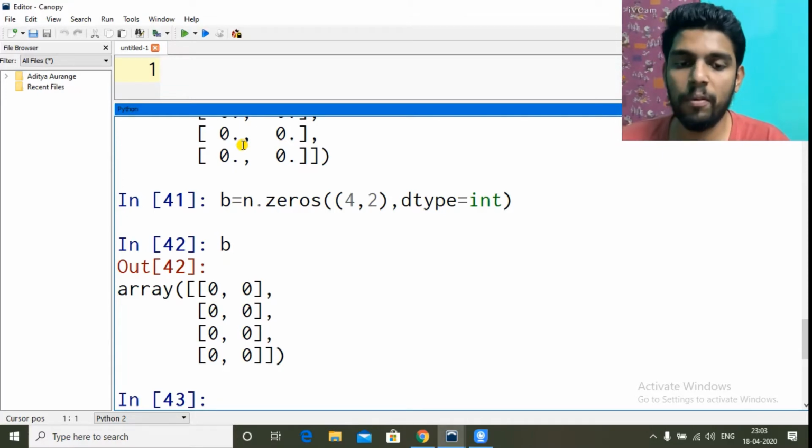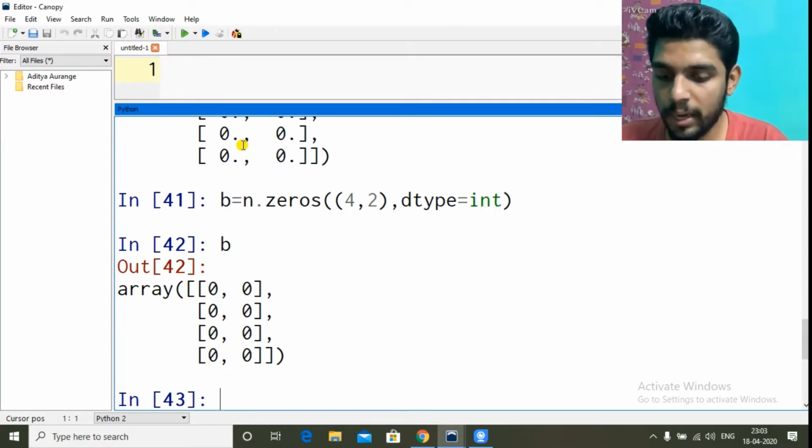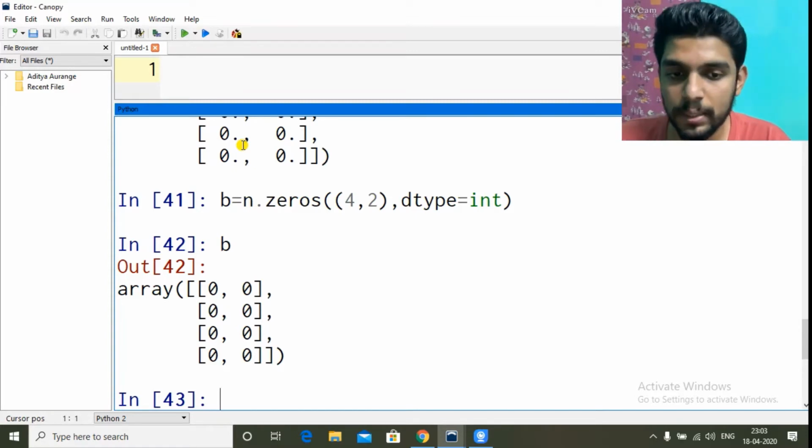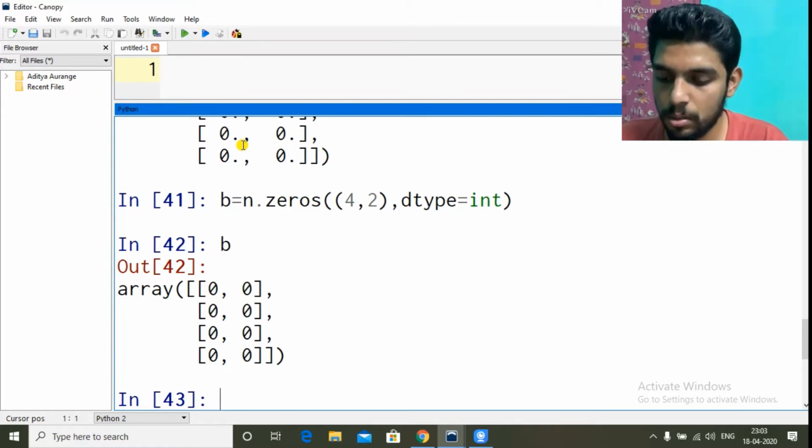So similarly, if you want an array having all the elements as 1, we have one function for that too. That function is ones, like zeros. So let's say c equal to n dot ones. Same way we have to give the dimension. So this time I will use a list.